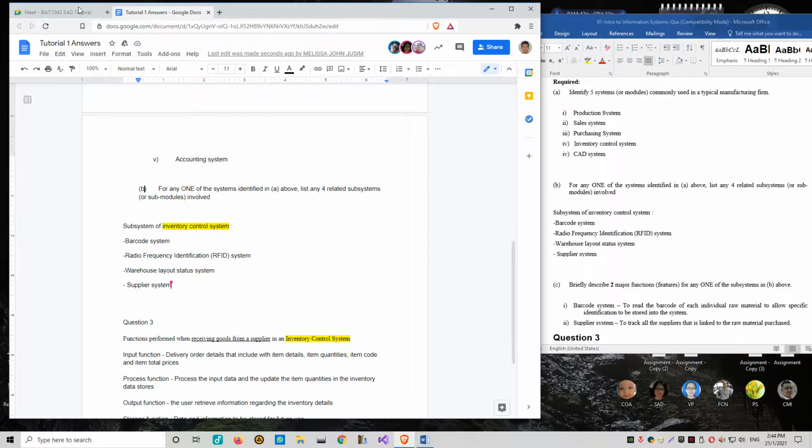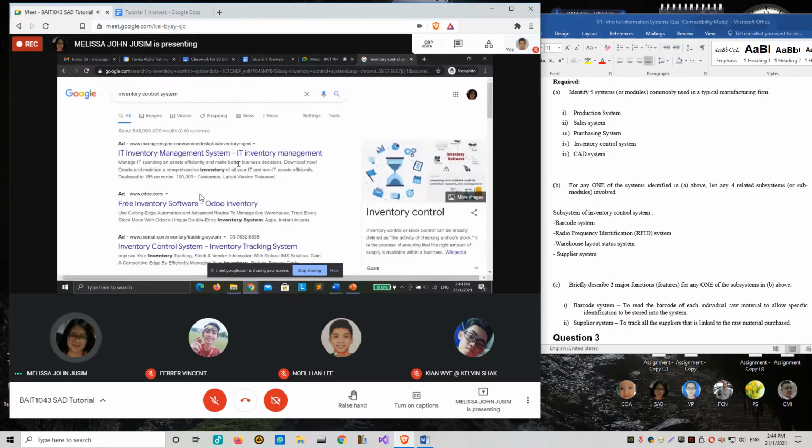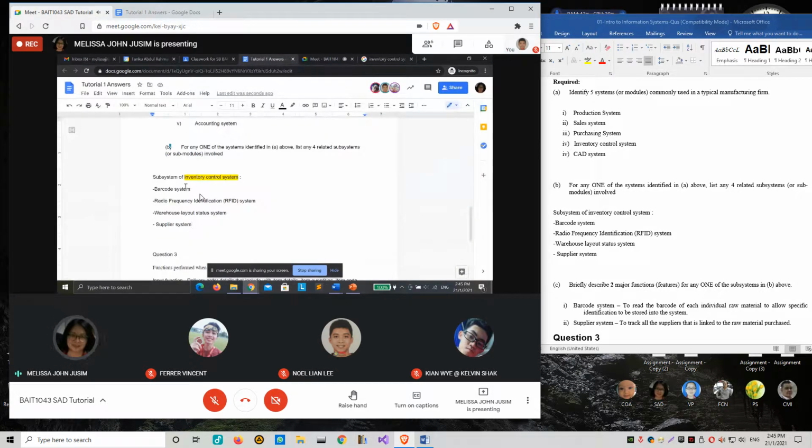If you go to any of the demos for the available inventory systems, like this one or this one, this is an example of inventory software. If you download it and go through what submodules are available inside, then you should be able to answer this.